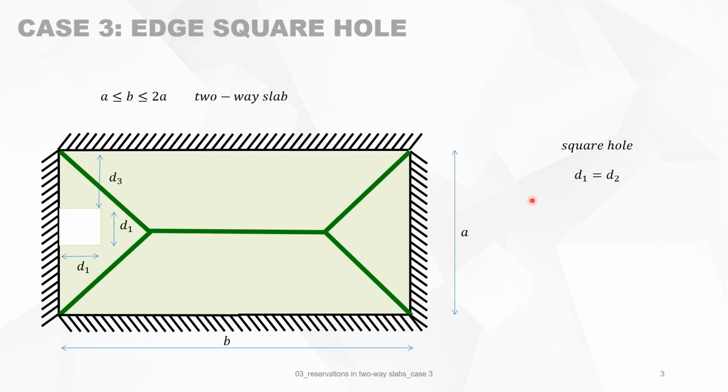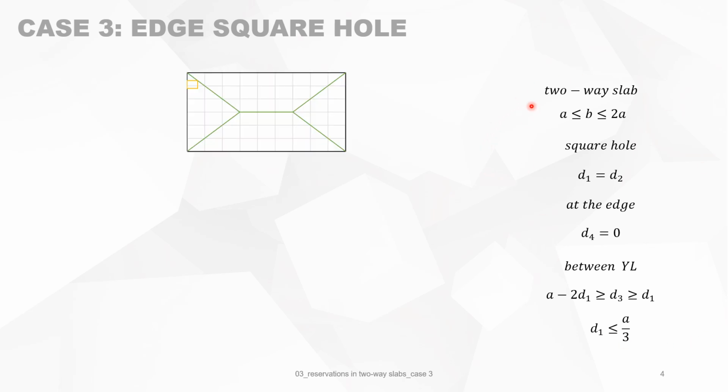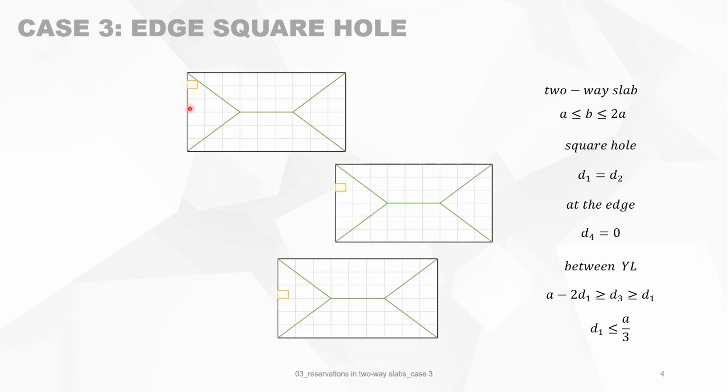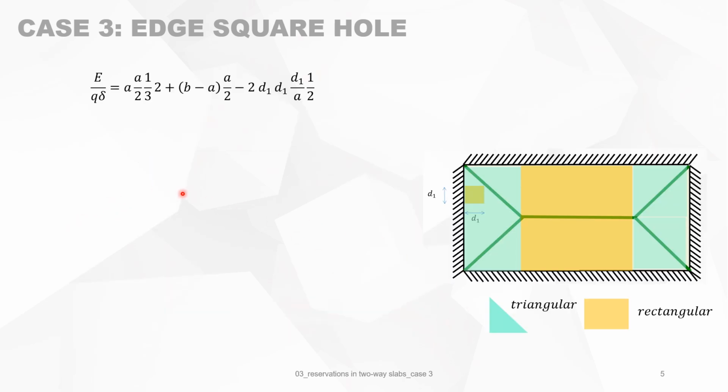So the conditions are: square hole, that means D1 and D2 are equal. At the edge, that means that here at the edge D4 is 0. And between those two yield lines means this condition has to be fulfilled, and it holds that D1 must be smaller than A over 3. These are the conditions. Now we will show you visually what it means. It's a square hole starting from the top, going down, until the bottom,